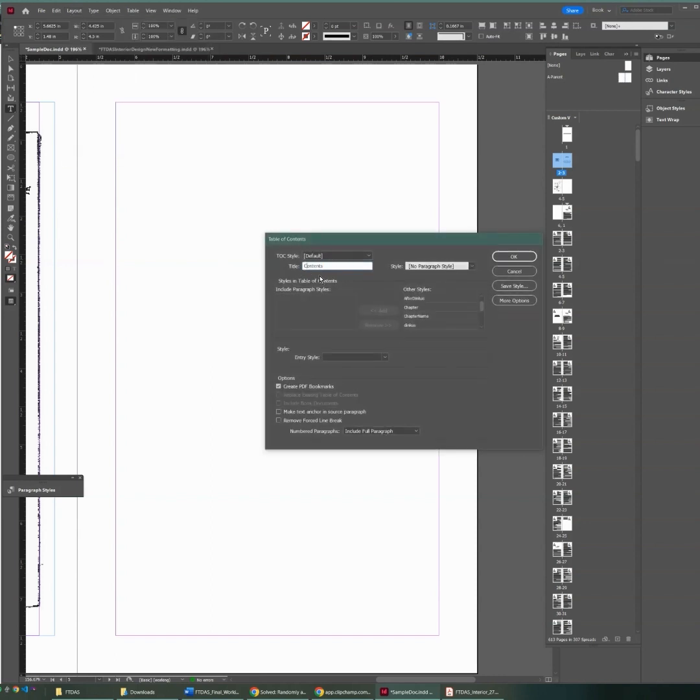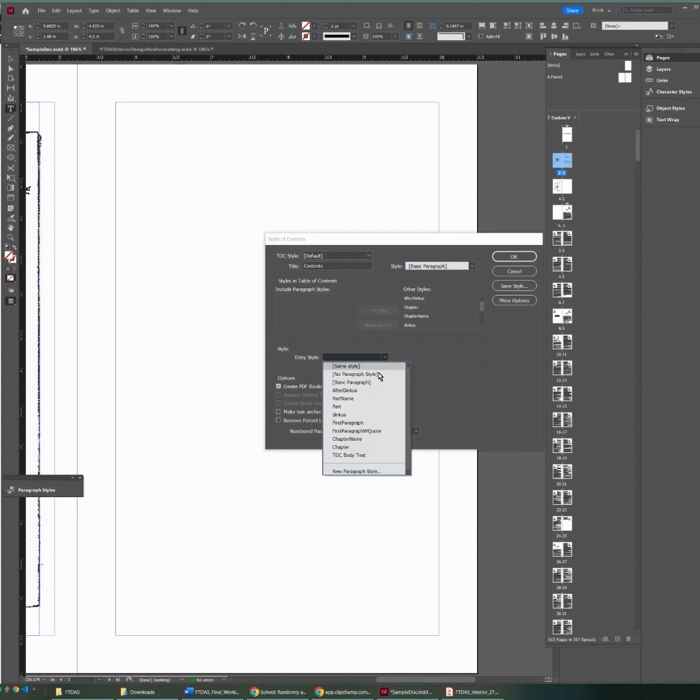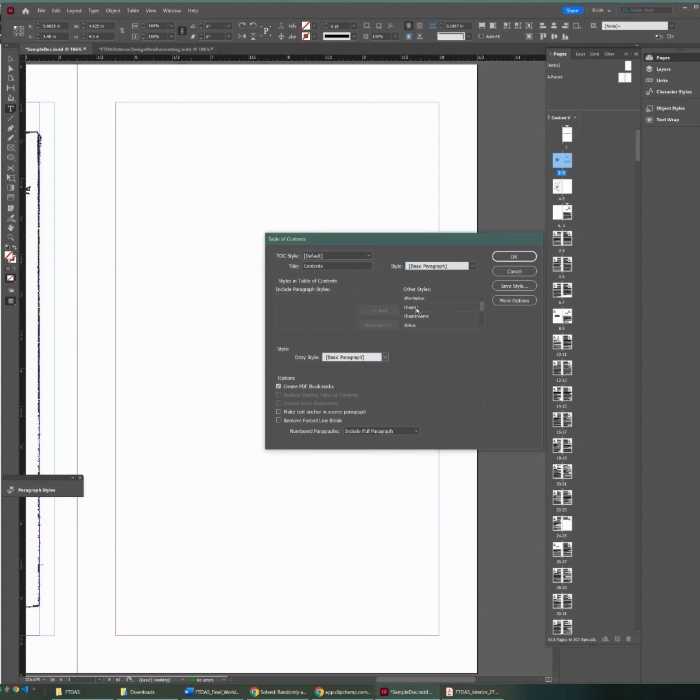Contents here is whatever you want it to say at the top of the page. Doesn't really matter. Go ahead and set your basic paragraph style there. Entry style, again, basic paragraph style. And now what you have here, it can subdivide your book automatically, which saves you a lot